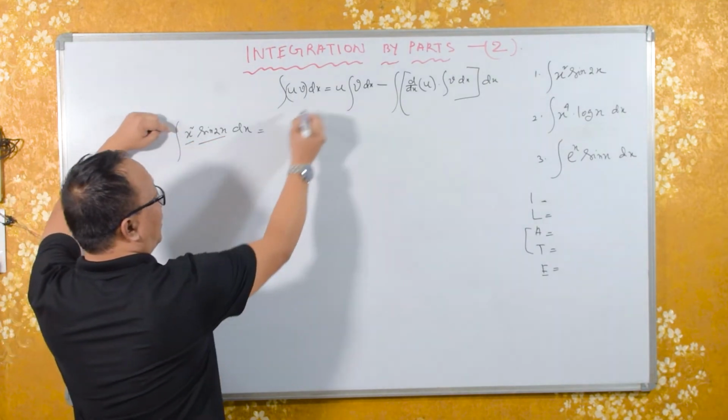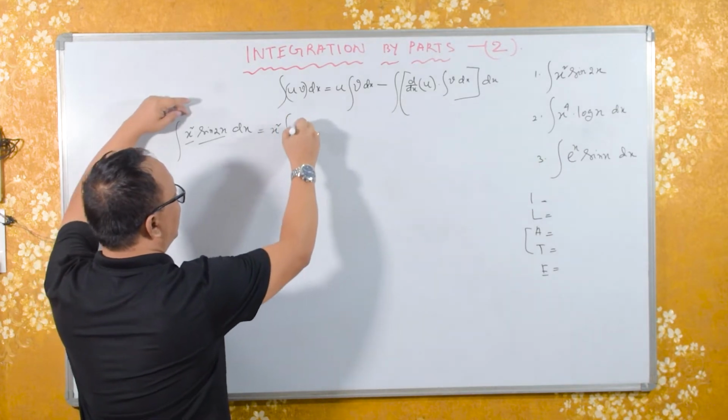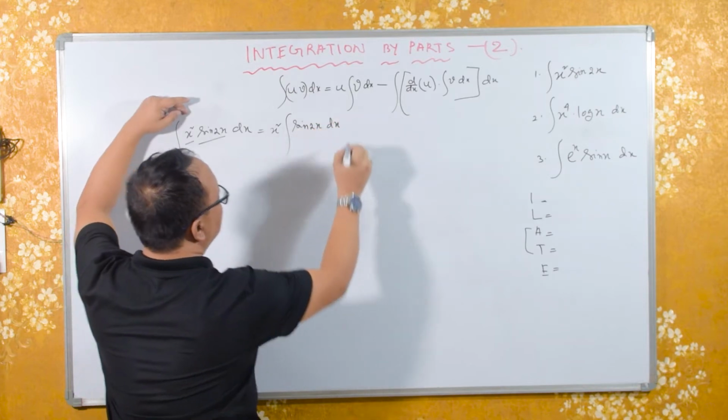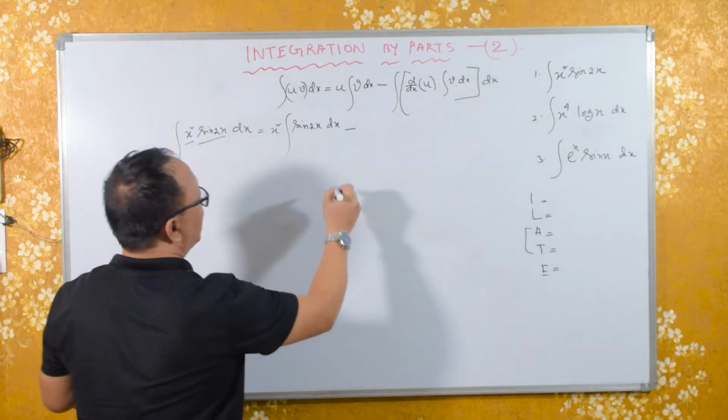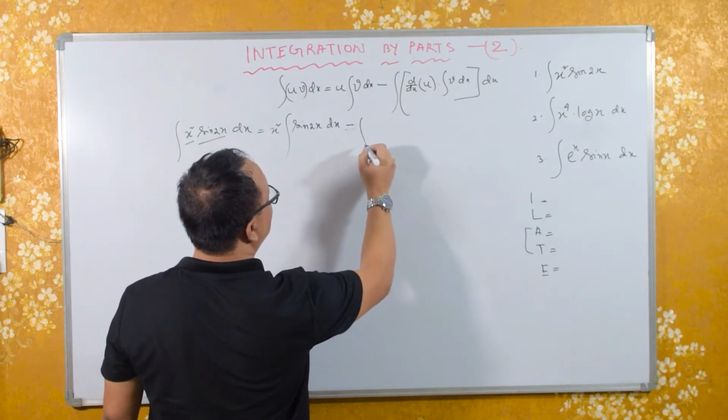Okay, now u is x square, integral of sine of twice x dx minus integral